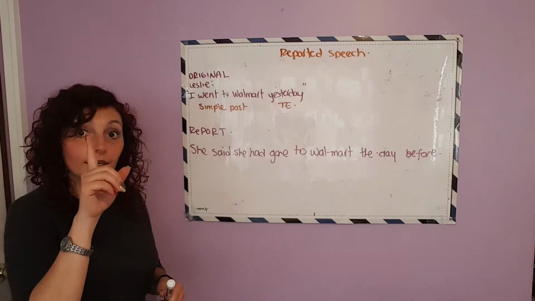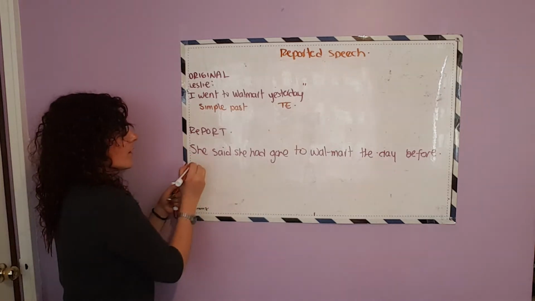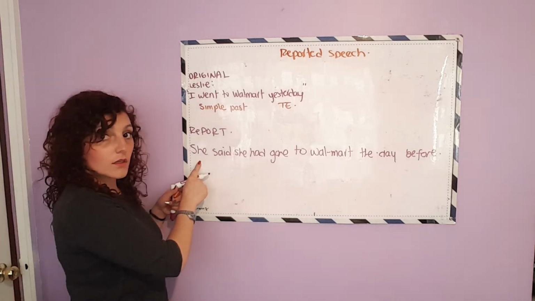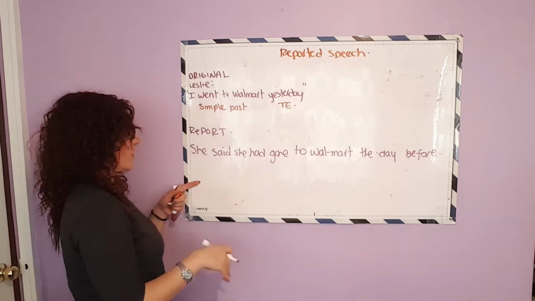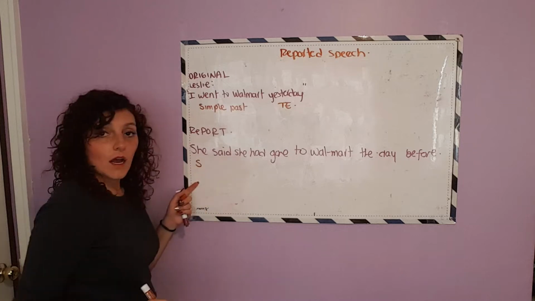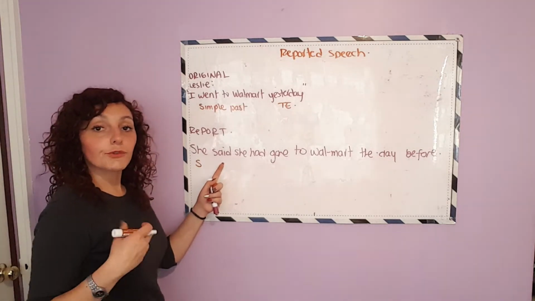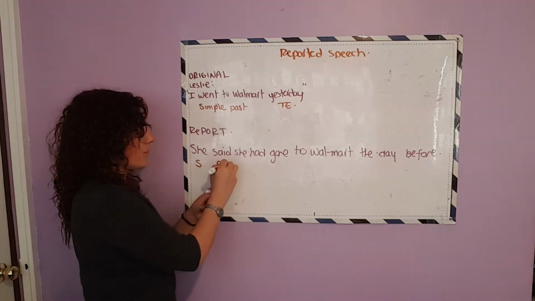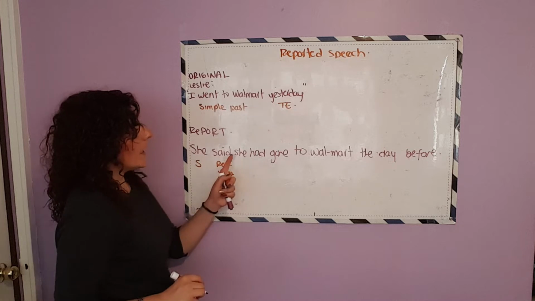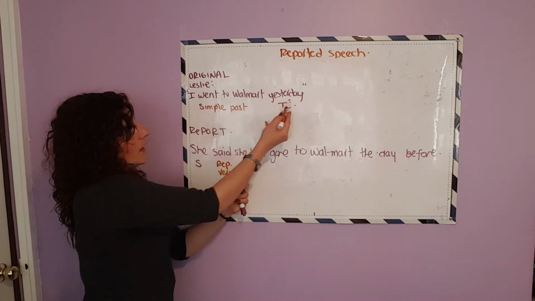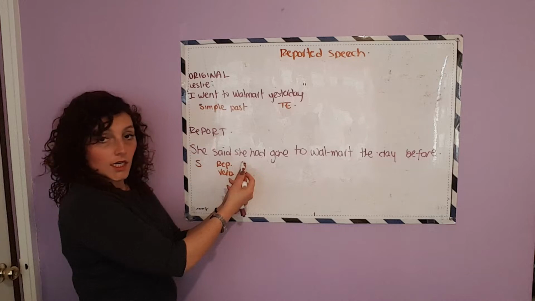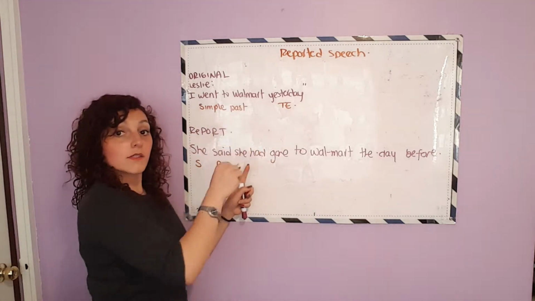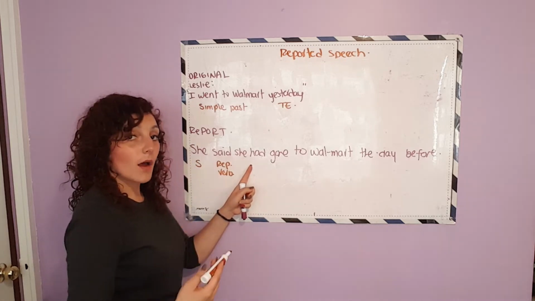As you can see, first he has to use who mentioned this. In this case is Leslie, so Leslie is a she. Sometimes I'm rough, but I'm a she, okay? So she is the subject, and then he has to use the reporting verb. In this case, I am using said. So this is your reporting verb. And then, as you can see, he is using the idea. She had gone. She had gone is not in the simple past. Why? Because he's reporting and he has to modify.